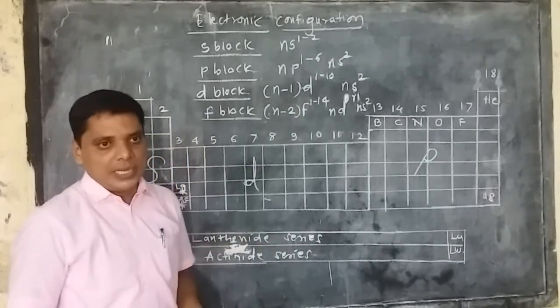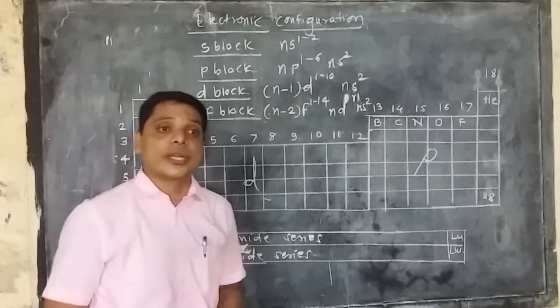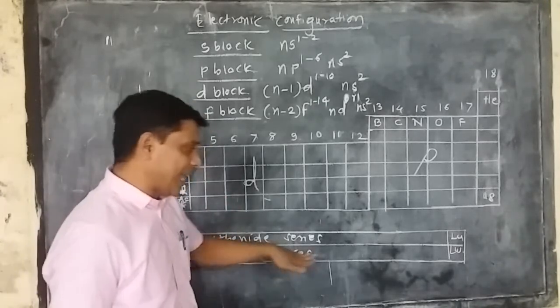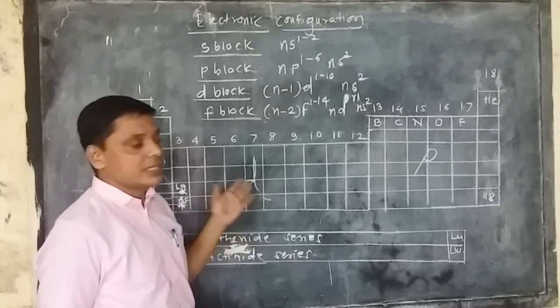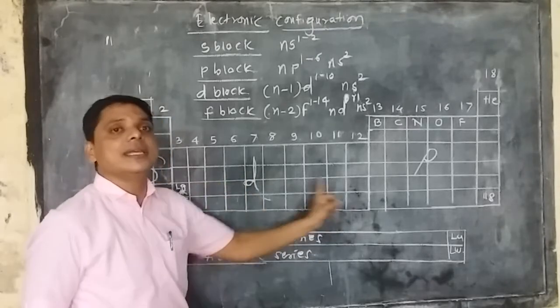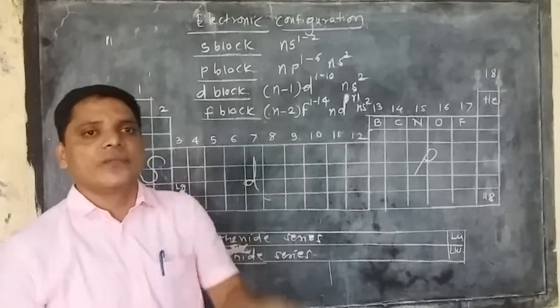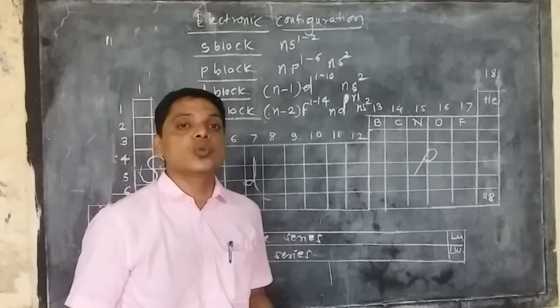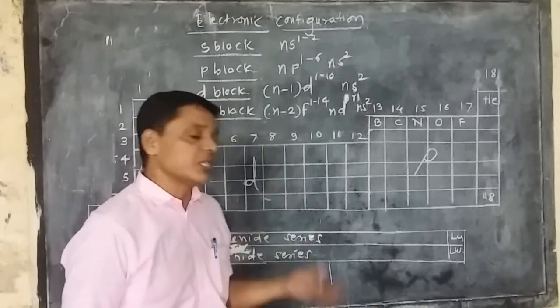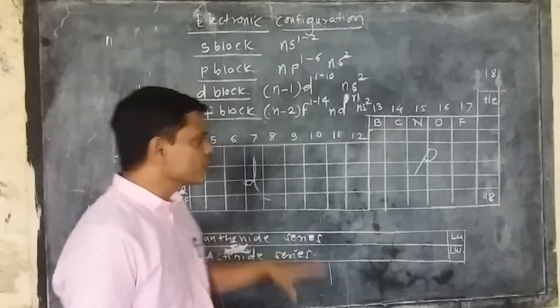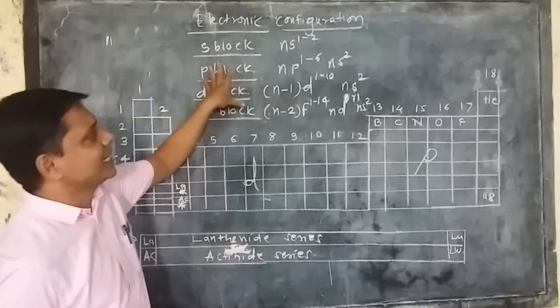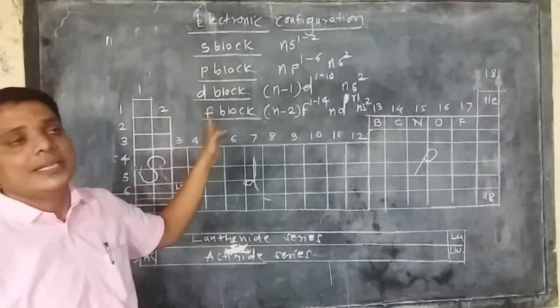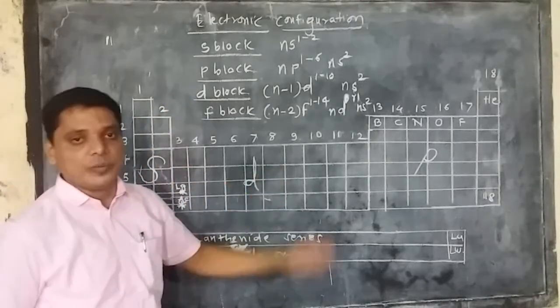Due to the lanthanide and actinide contraction, there is an effect on the elements that come afterward. After the lanthanides, the remaining elements show somewhat different character. These are called post lanthanide elements. So such is the basic character, and these are the electronic configurations of the modern periodic table.